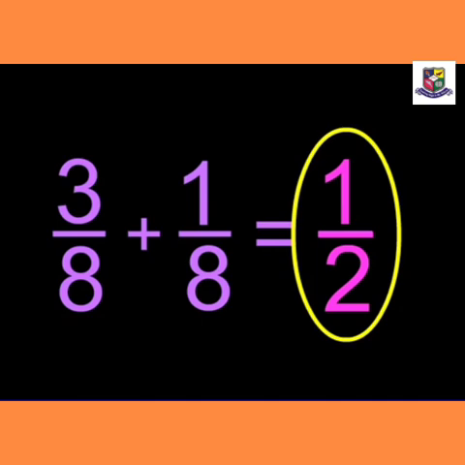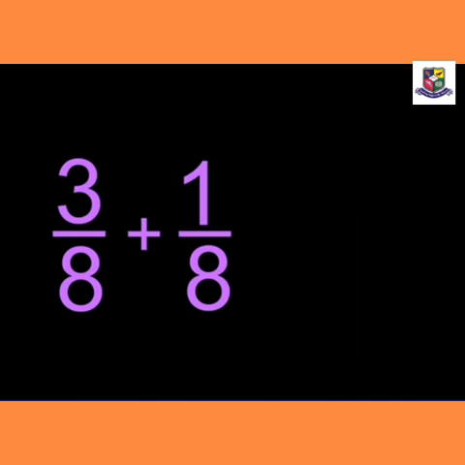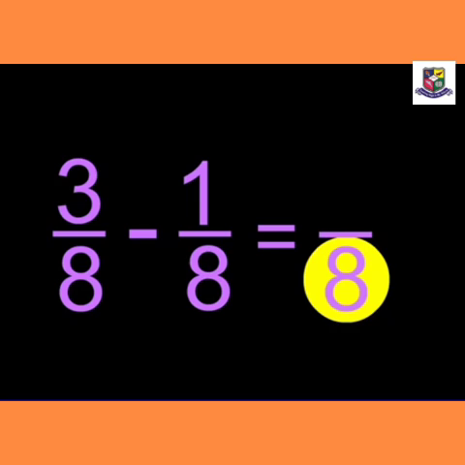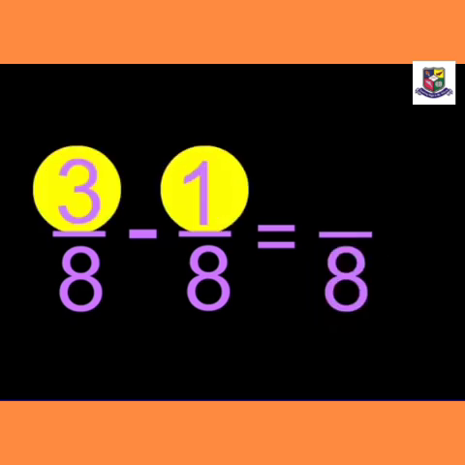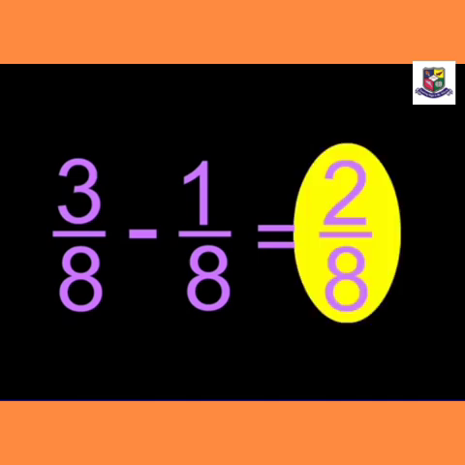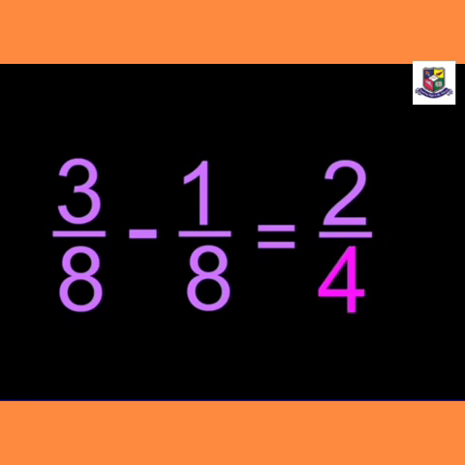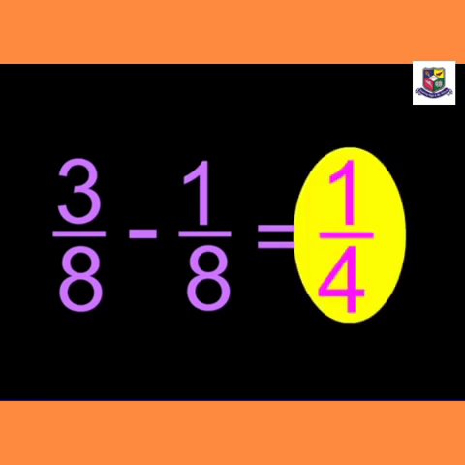Now let's do the same question again, and in spite of the sign of plus, we'll write the sign of minus. That is same again, like fraction, so we write in the denominator here 8, and in spite of plus, now 3 minus 1, we'll get here 2. Now 2 by 8 both are divisible by 2. We write here 8 divided by 2 is 4 and 2 divided by 2 is 1. So we'll get here 1 by 4.